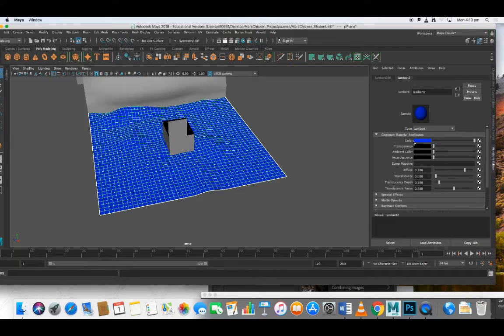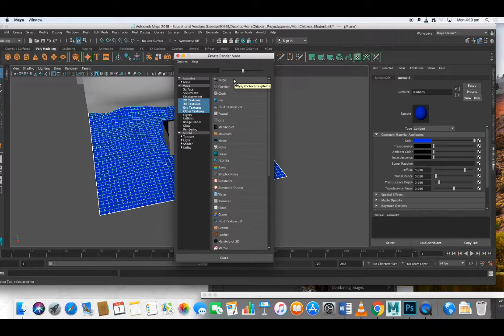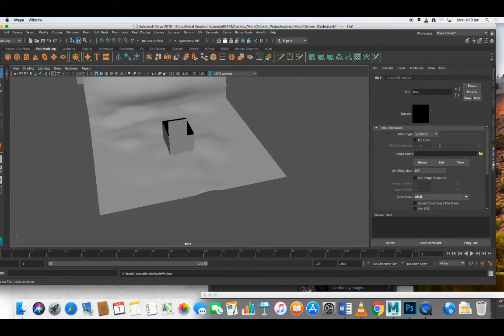So to add a texture in the color channel, I'm going to click this little checkerboard symbol here. Click on it. It opens up this other list. Again, ignore 99% of them for the time being. What we want to look at is this node, the file icon. So we click on that. It opens up the file attribute editor here. And using that yellow folder, I'm going to click it